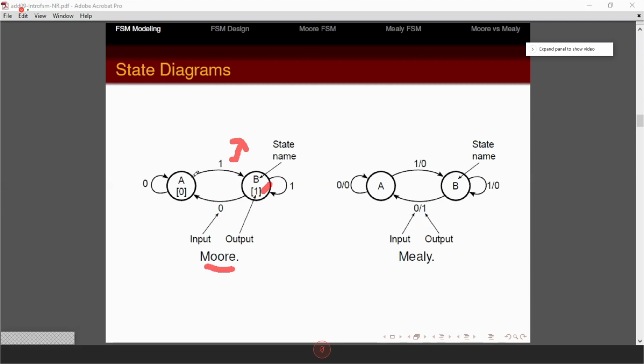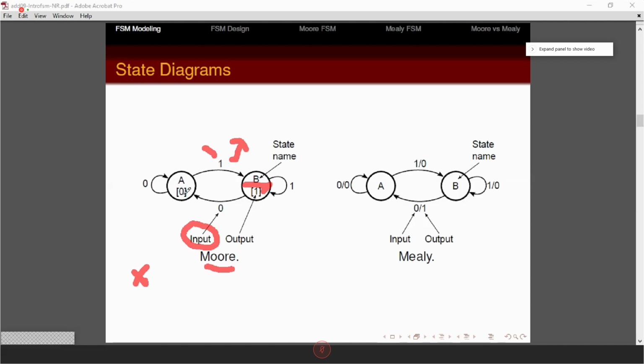And of course, how you transition from one state to another depends on the input. So this is the input, right? And for Moore, the output sits in the state. You can do a bar and then write the output. Sometimes you just ignore the output, you don't put the 0, just highlight the 1, or you put the label. For example, if the input is X, then you write X, X bar, or just leave it. But when you come up with the truth table, you have to fill it in, because if you don't have anything, by default it goes to this one. So if X, your input, is 1,